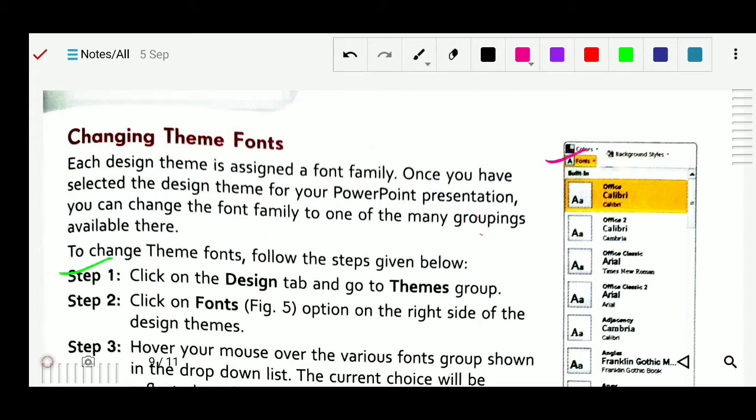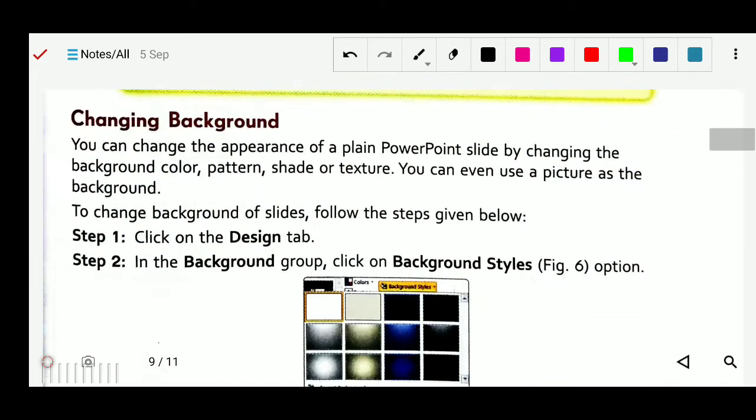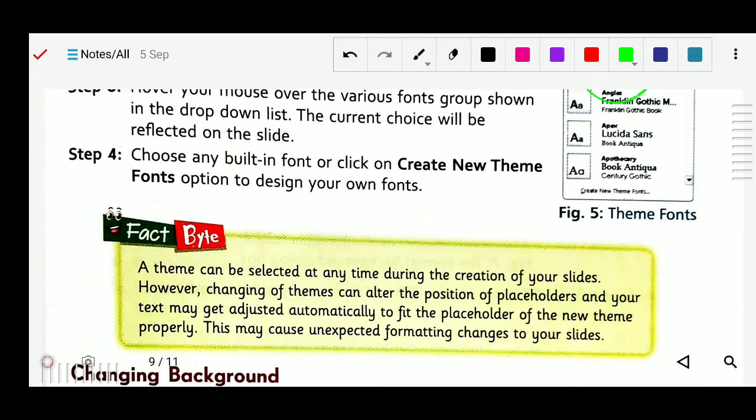This is the group of fonts, and whenever you move your mouse over any one, the preview changes will reflect on your slide. If you are not happy with these and want more fonts, you can click here, create new theme font, and design your own font.